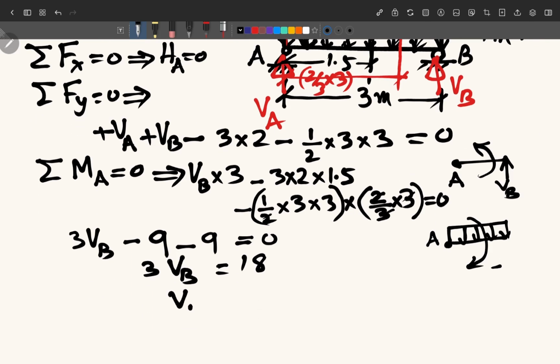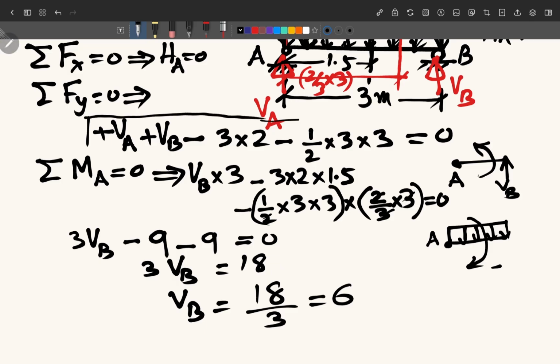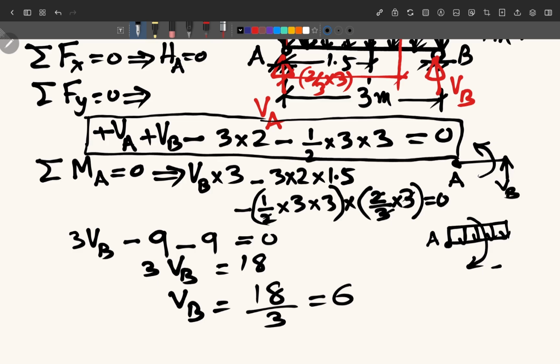Therefore VB equal to 18 upon 3, and that is 6. Now we have got the value of VB. We can easily calculate the value of VA by substituting the value of VB in our equation, which is this one, where we get here that this VA plus VB will be equal to,